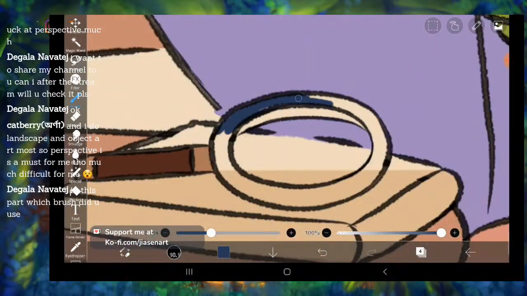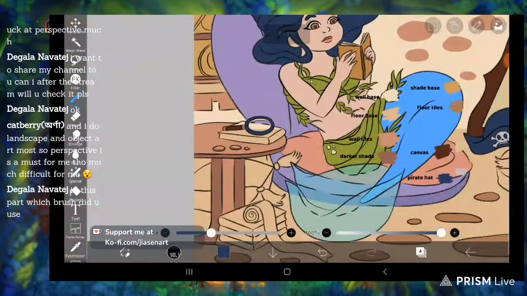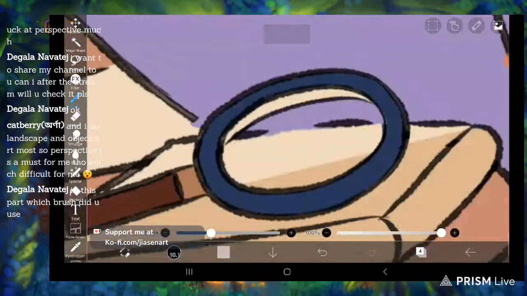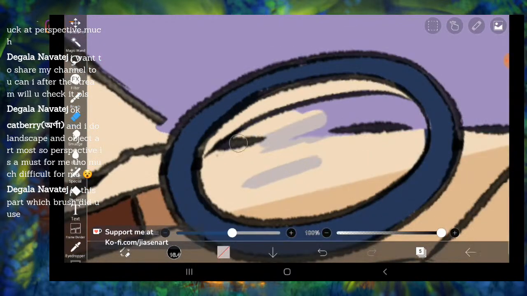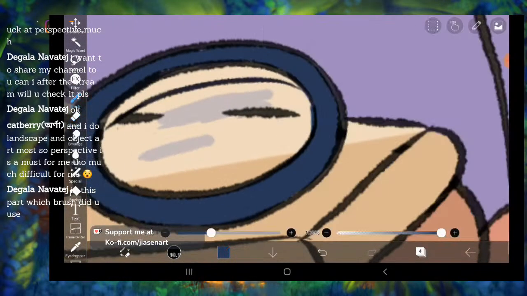I'm using deep pen hard for just the fill, because as I told you, with the bucket tool I couldn't record, so I used just the basic round brush to fill the color. But for shading I used the watercolor real brush, because it will give you that watercolory look, though not exactly watercolor, but it will give you that look.